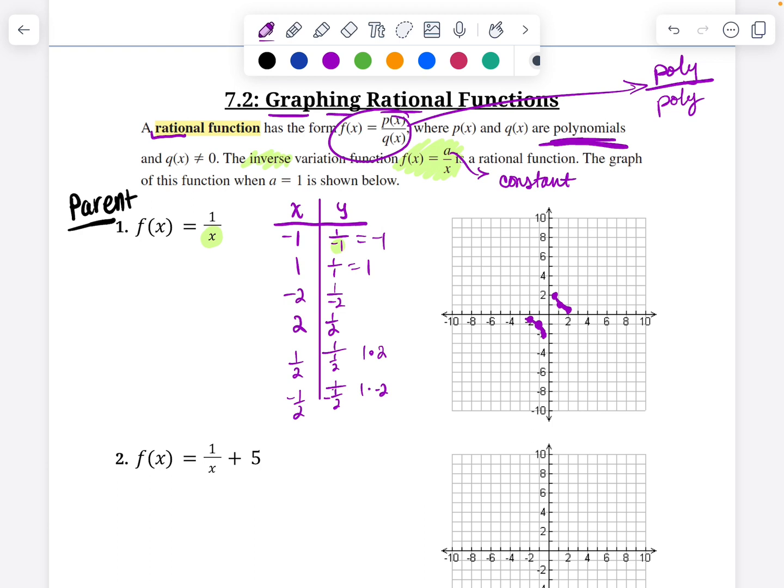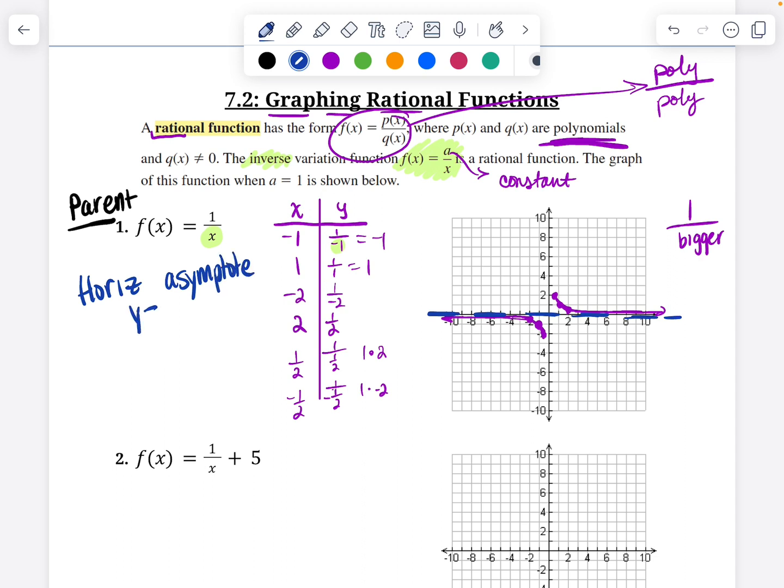I want you to think about this. We're taking 1 and dividing it by increasingly bigger values. Well, that's only going to get smaller. Think about your pizza. If you keep dividing the pizza into smaller and smaller pieces, they're going to get tinier and tinier, but you're never going to have no pizza. So the graph is ultimately going to trend to where it gets really, really close. You know that word approaching? Coming up again. So we are approaching 0. That's because we have a horizontal asymptote